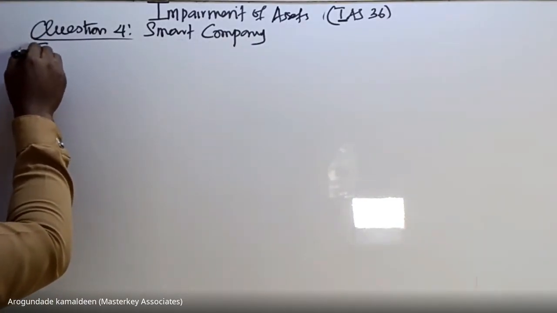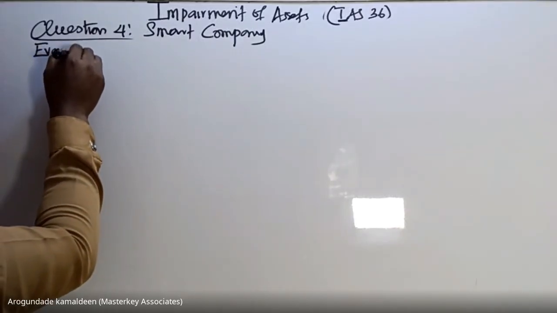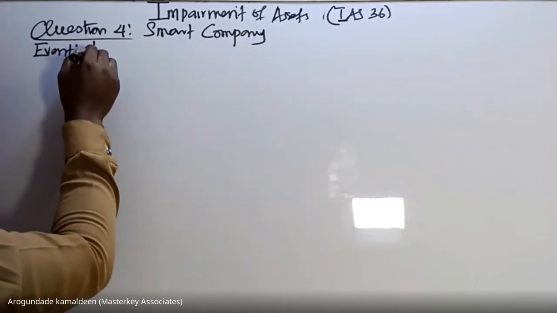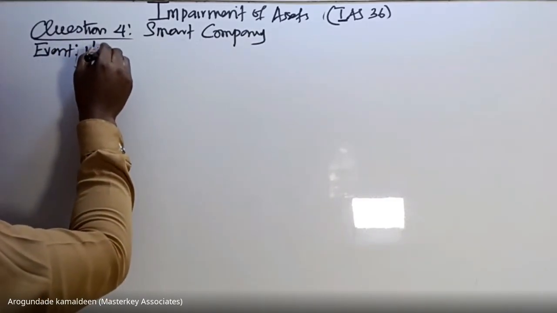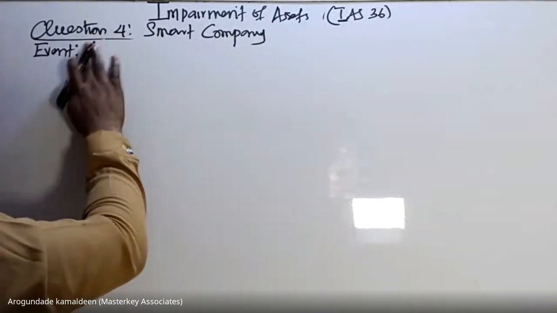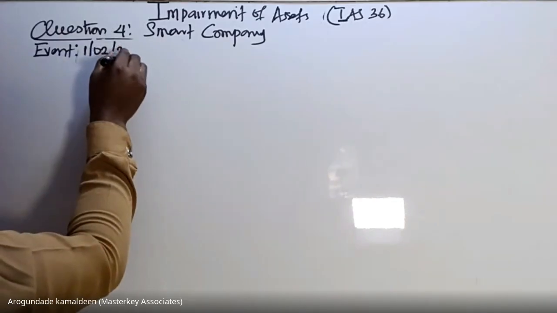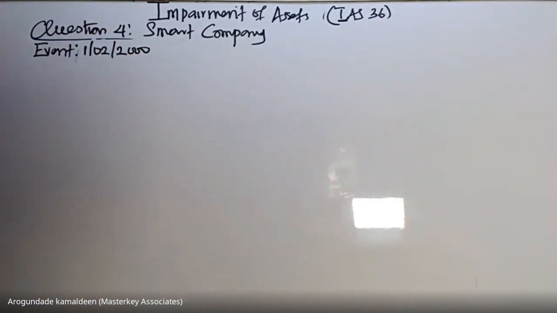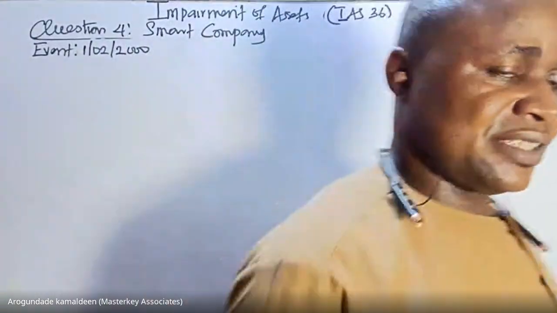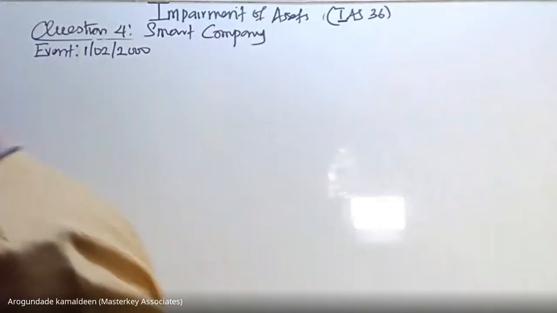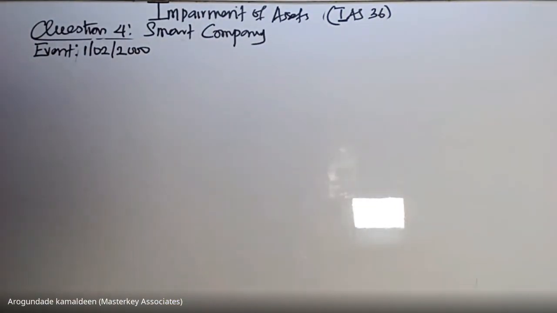Let's say an event on the 1st of February 2000. Let's first tackle that event. Based on that date, what is the carrying value of the asset? Exactly. An event happened on this date, such that